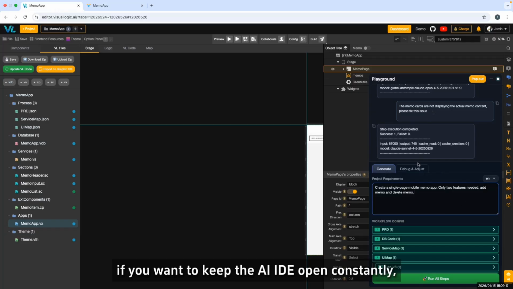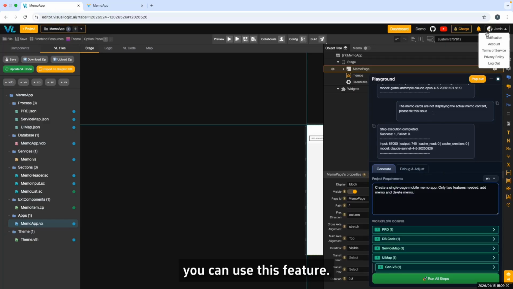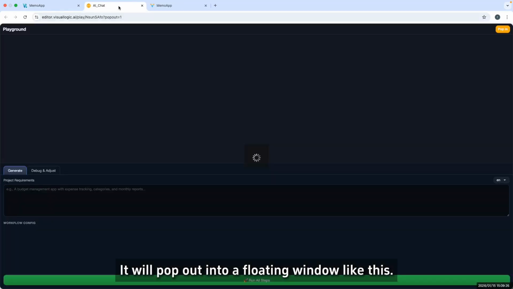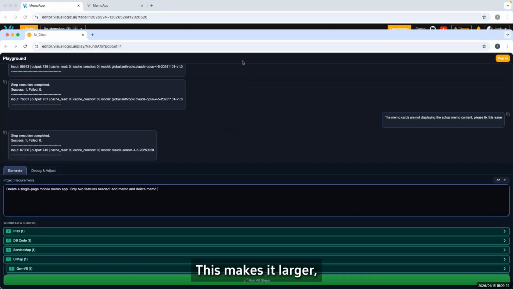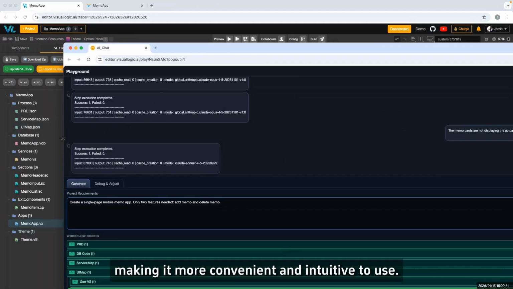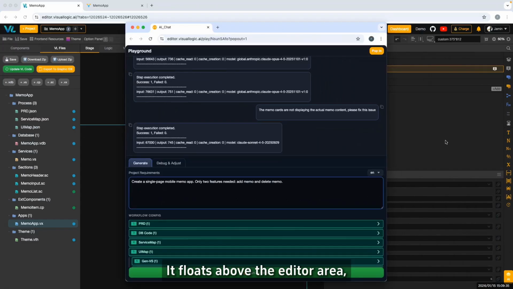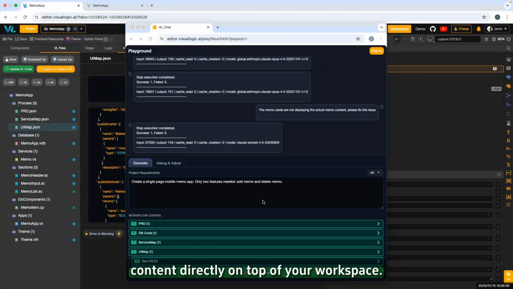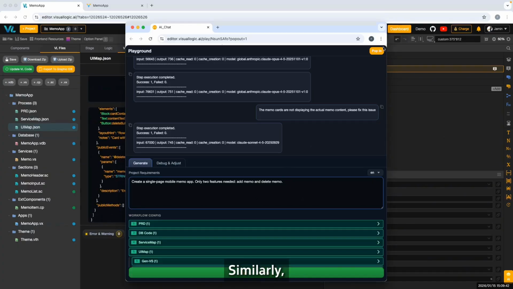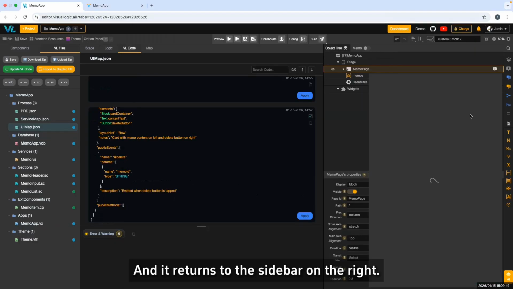Additionally, if you want to keep the AI IDE open constantly, you can use this feature. Click the Pop-out button here. It will pop out into a floating window like this. This makes it larger, making it more convenient and intuitive to use. It floats above the editor area, allowing you to use the AI content directly on top of your workspace. Similarly, if you want it back in the editor layout, just click Pop In, and it returns to the sidebar